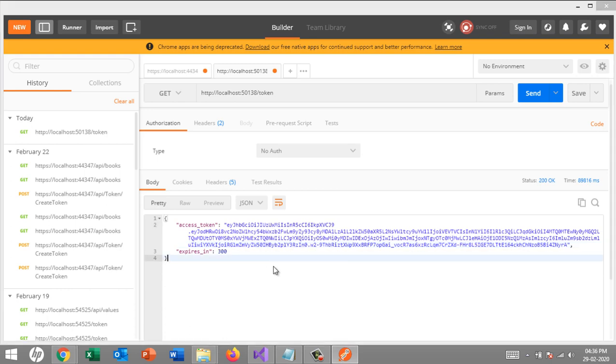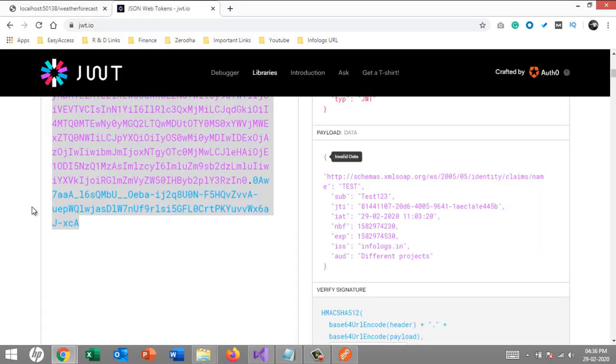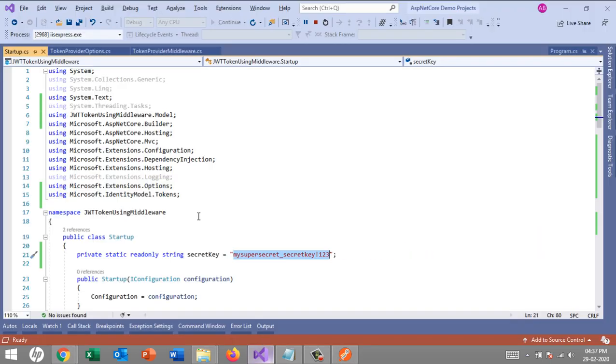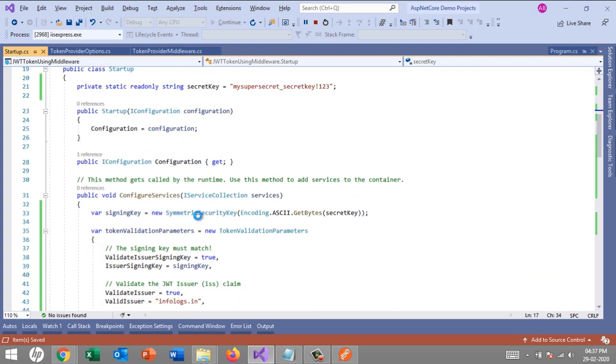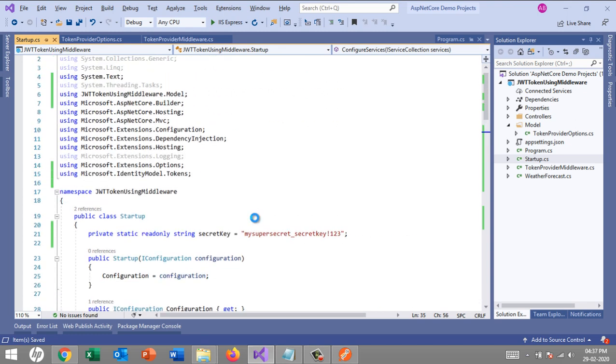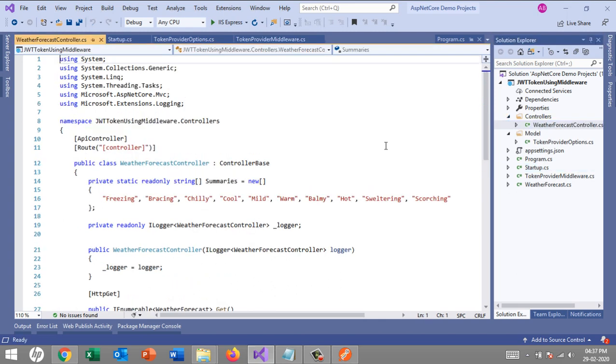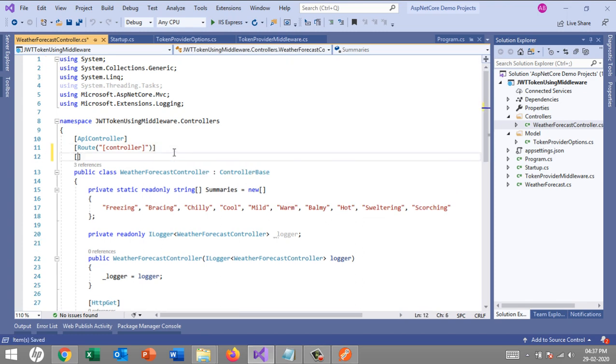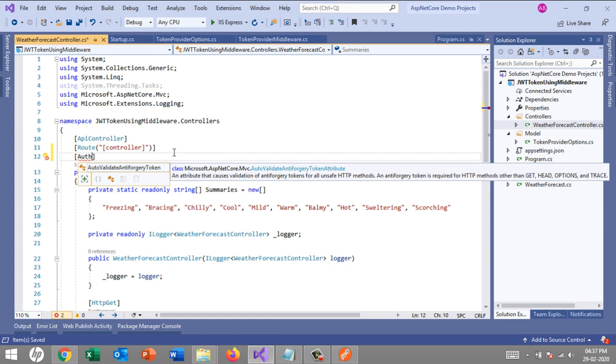Now it's time to pass that token to our controller. Oops, it's a big task. Now we have a controller called weather forecast. So how do we pass it? Here it's very simple. You just have to make it an authorize attribute and